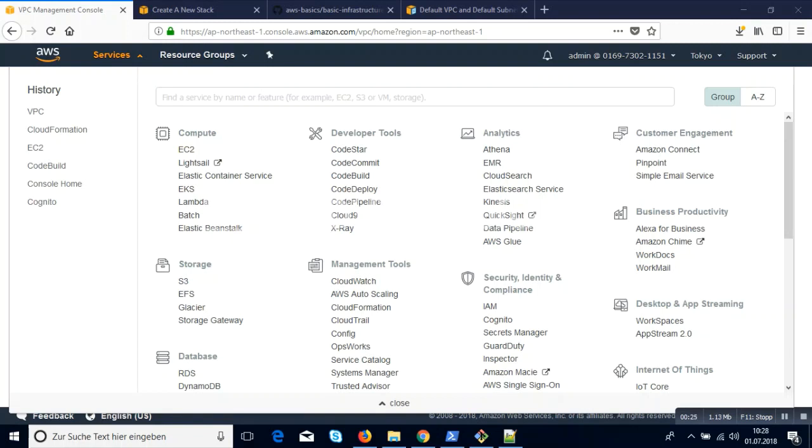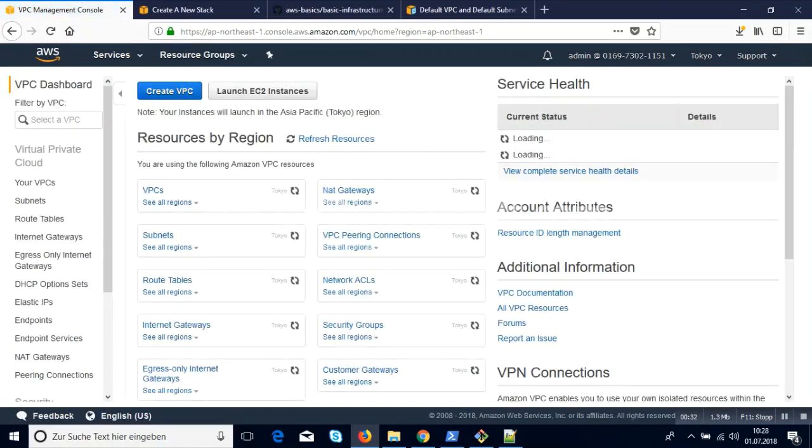Before we start, we're going to switch to VPC. I'm here in the region Tokyo, which I normally don't use, and so this account is pretty much empty here, and it's good to get an overview of what the default setup is in your region and in your account. So before we have a look here,